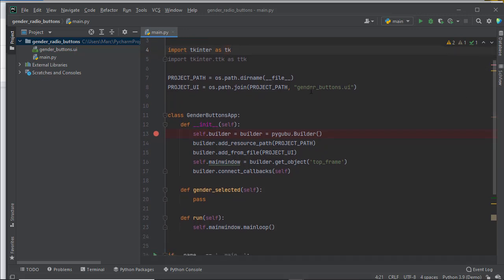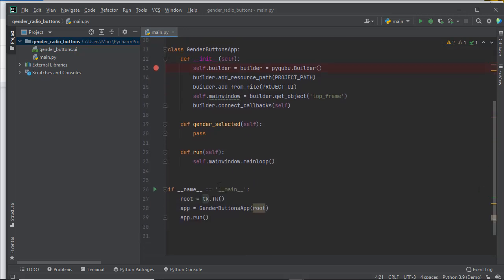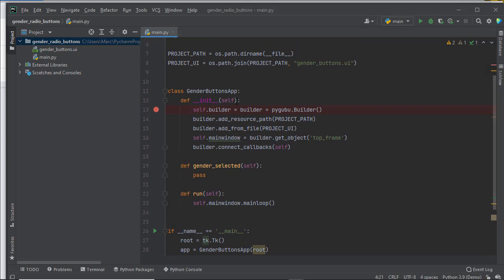So this is going to load gender buttons UI. This is making a root and it's passing into the gender buttons app constructor. So I need to add master here. And then if I have it, I can use it. So now what I need is I need some variables. I need to get my